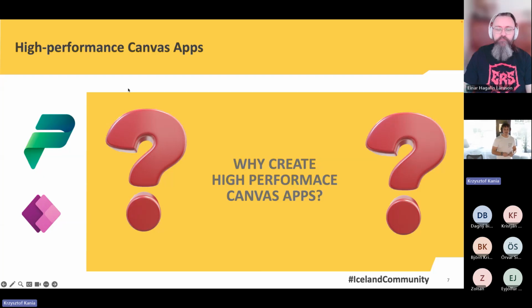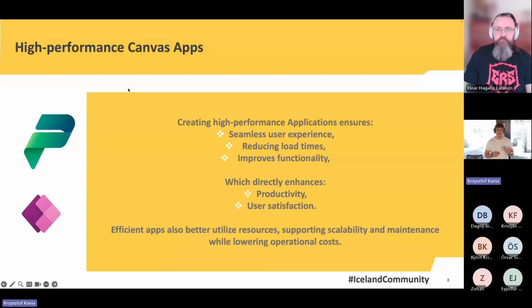So why should we create high performant applications? This is a really good and important question. Firstly, creating high performance applications ensures a good experience for application users, our end users, which is most likely our customer or our colleagues from the company if we are making an internal tool. We want to ensure that they are really happy with that application. And being happy is not only a good UI, good UX, or the business scenario being solved in a quicker way. It is also this whole